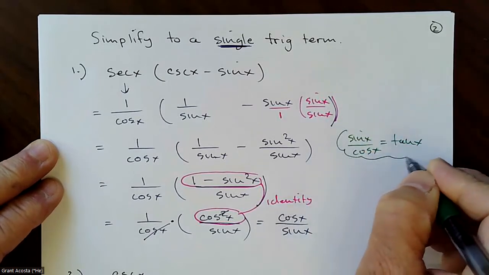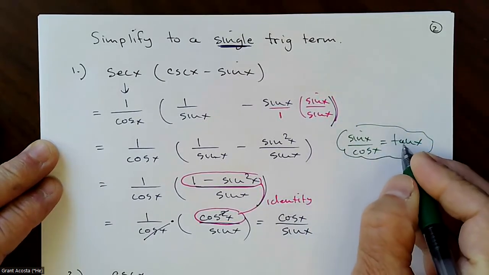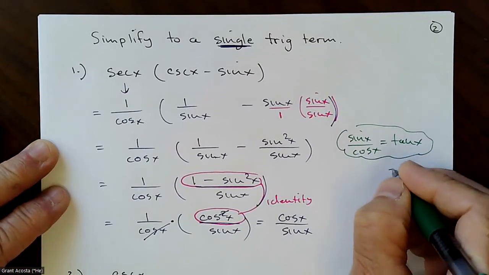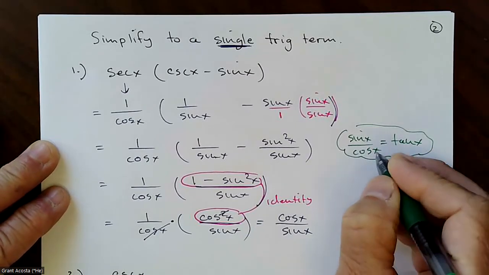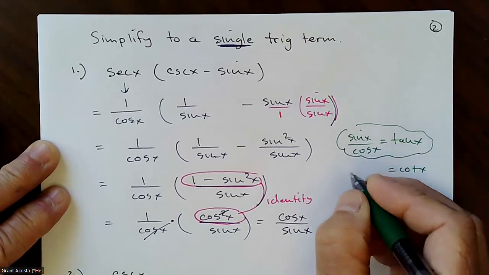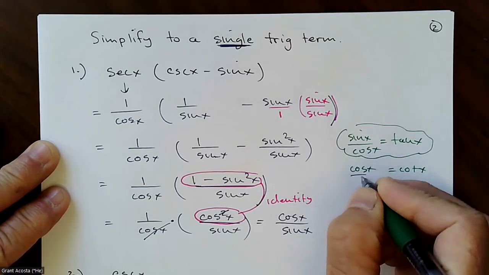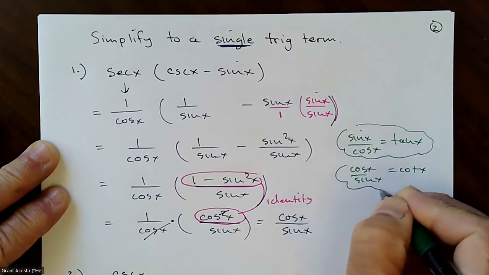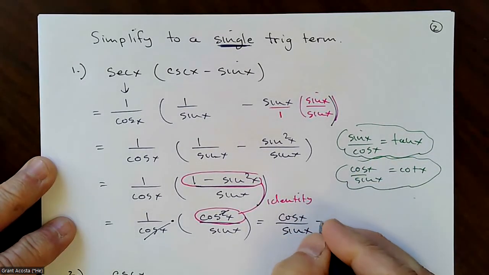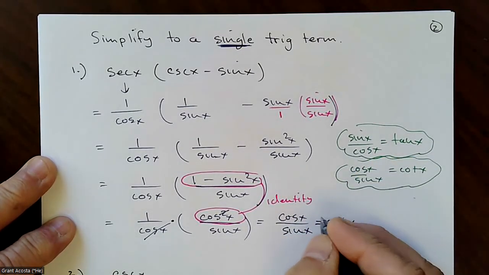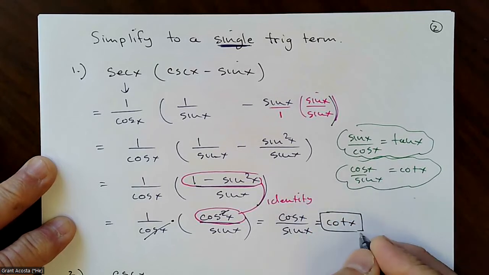That was in a previous video. Well, the reciprocal of tangent is cotangent. And if cotangent's the reciprocal of tangent, that means you could write cotangent as cosine x over sine x. So cosine over sine becomes cotangent of x,